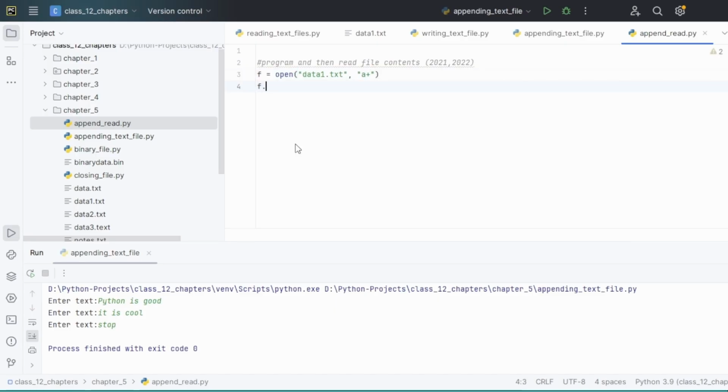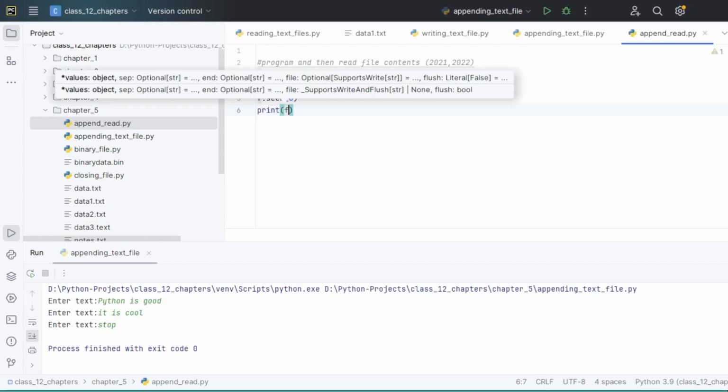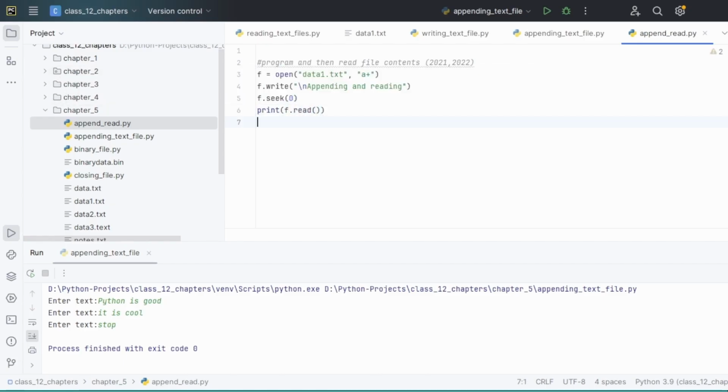Then I'll write to the file "appending and reading". Then before reading we will do f.seek(0) to move the pointer to the starting position, and then finally we'll do f.read and print the data,